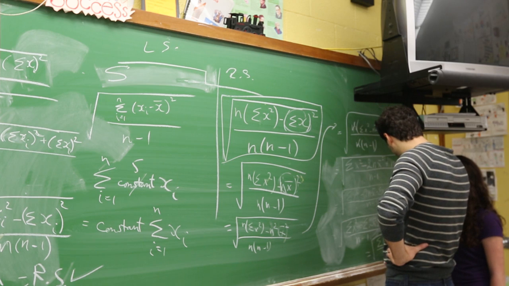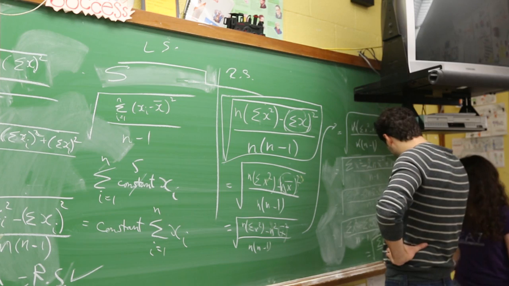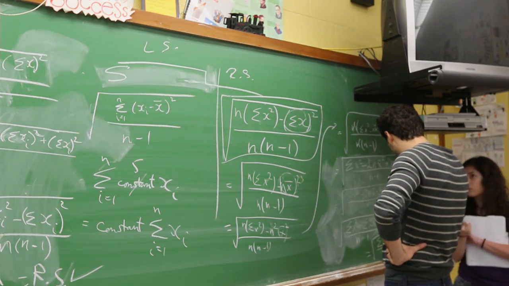Okay, fine. X bar is a constant. So look, let's say x bar is 3, for example, right? 3 plus